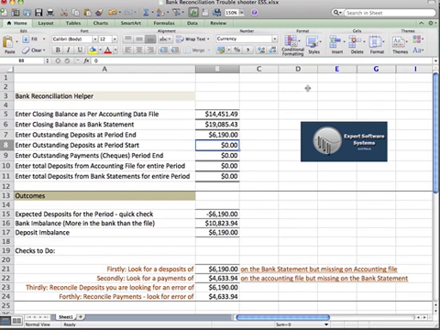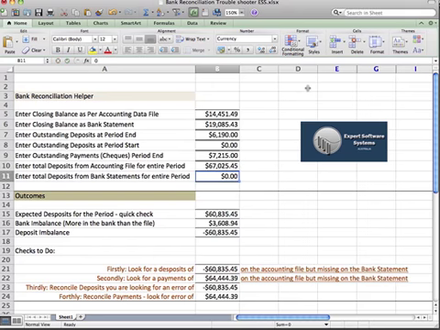Correct that there. The outstanding deposits that we had per our bank reconciliation report was 6,190. We didn't have deposits outstanding at the beginning of the period. Remember, we started our bank account at the beginning of the period. Our outstanding checks were $7,215. The total deposits from the accounting file for the entire period, that's just a case of going to the financials, that is your accounting file, looking at the total deposits for the period, which was